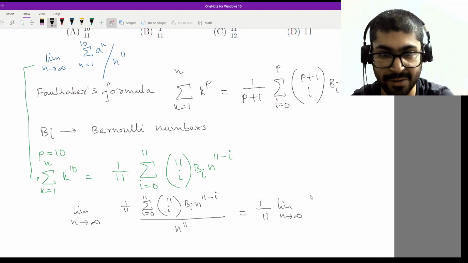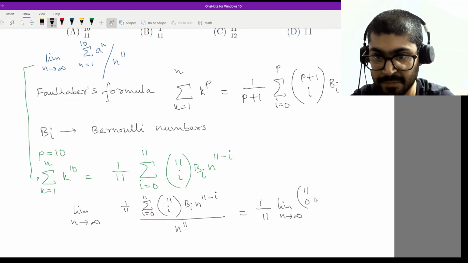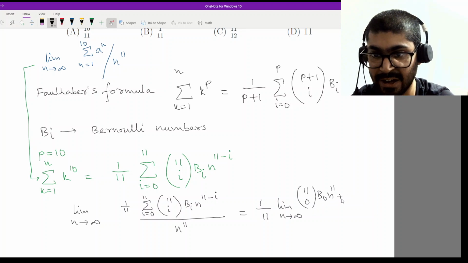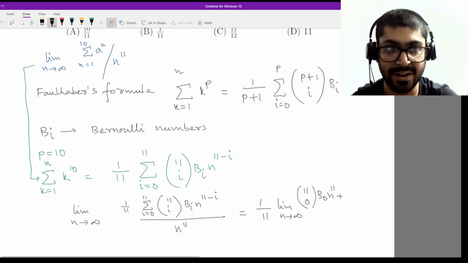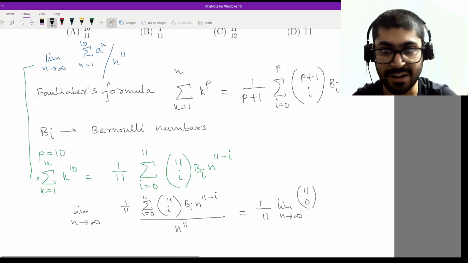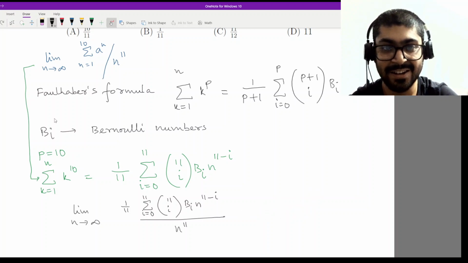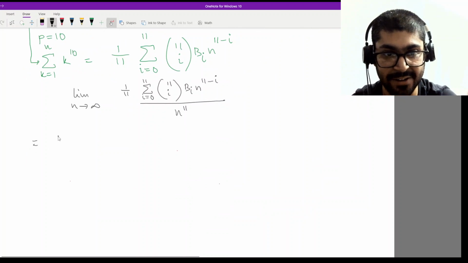If I show you one term, you will understand. The first term will be 11 C0 b0 n to the power 11. Then I have, okay, let me write it in the line below, that will make showing it a bit easier. Alright, so the first calculation line: limit n tends to infinity, 1 by 11 stands outside, and I'll have,